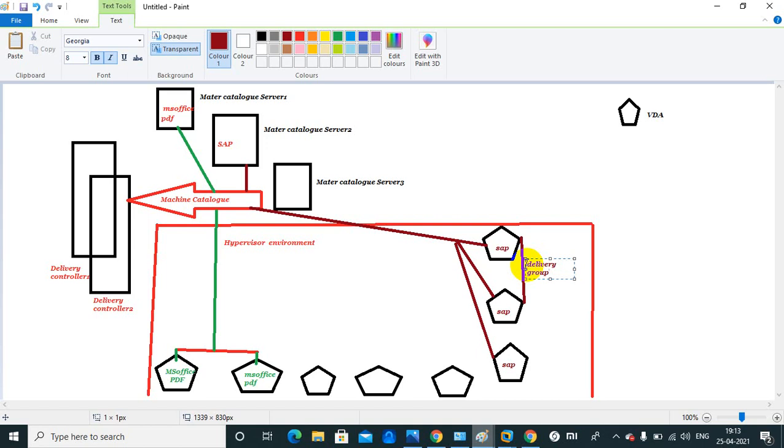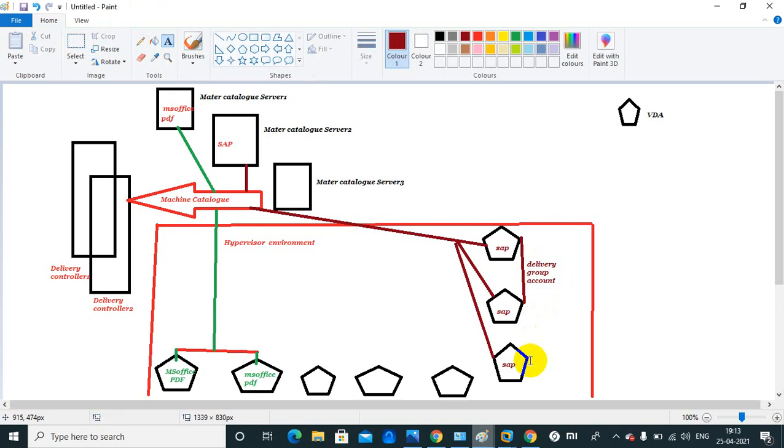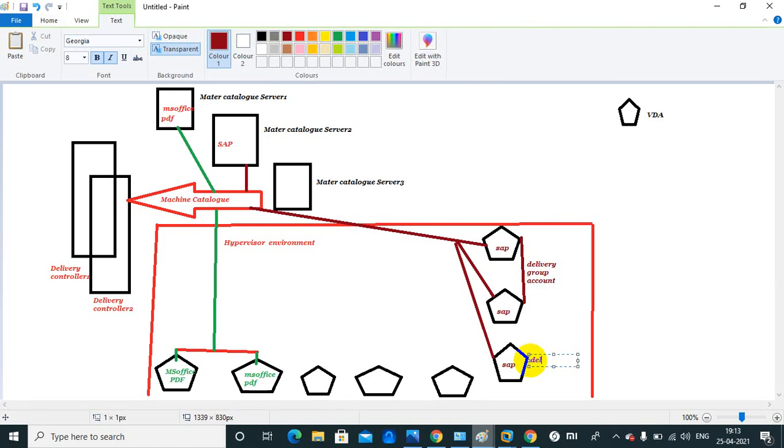For this delivery group I can say the name is SAP for account. I am putting this as the account section. And this one is for marketing.